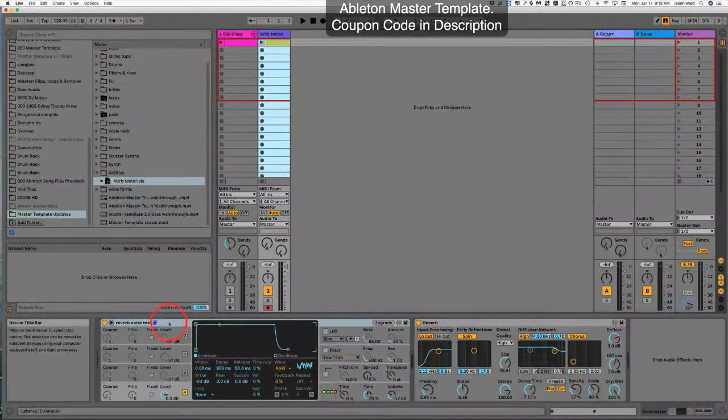So this is just a really simple tool where operator is set up to white noise. It doesn't really matter what note you play, you're going to get some white noise. And then you've got a reverb after it, and you can actually hear exactly what the reverb is doing. So